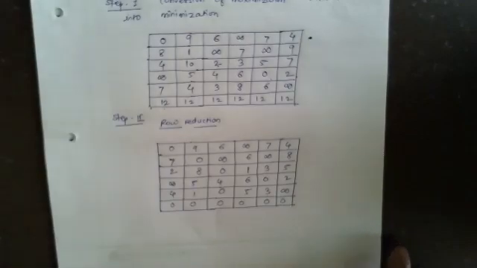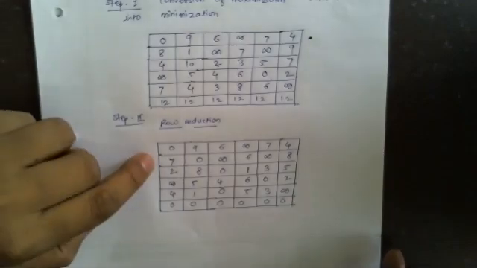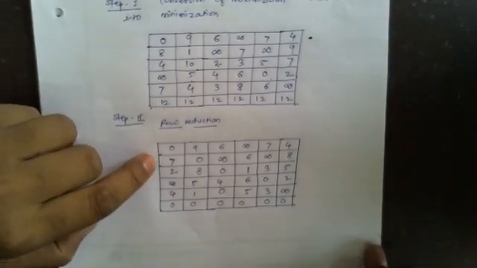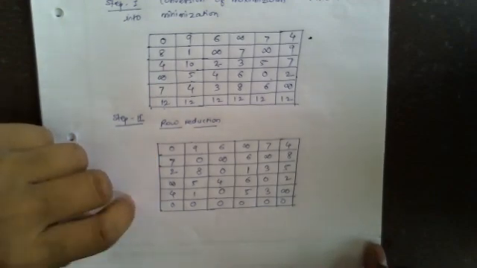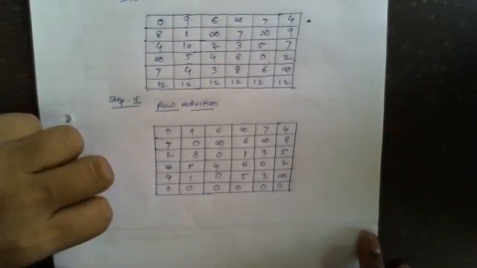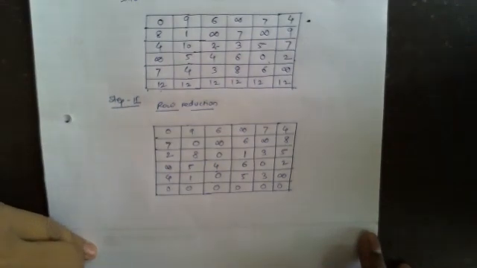We have to again select the lowest value in a given column, and subtract that value from all other values of that particular column. Now, in the column reduction step, I have told you that when we have added a dummy row, we don't require to perform column reduction, and when we add a dummy column, we don't require to perform row reduction. And I have told you the reason.